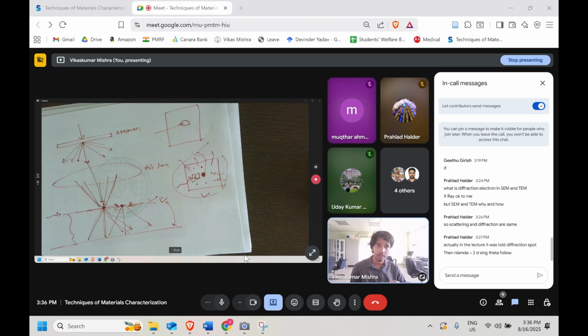Now let me know, Prahlad sir, any doubt? I think you got my query properly. Why diffraction spot cannot be called scattering spot? What I understand now, when